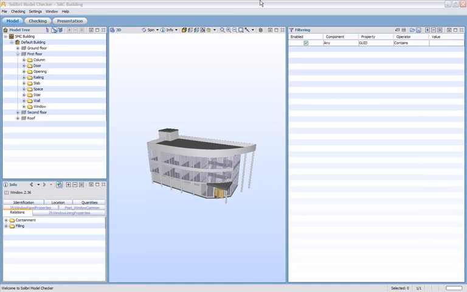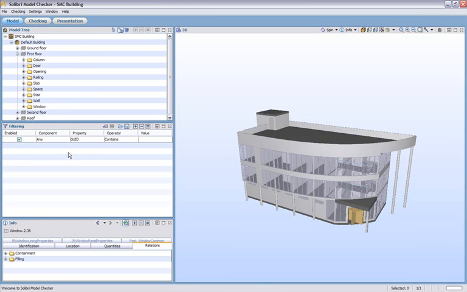Okay, and the last thing we want to look at is some of these toolbars. So I'm going to move filtering back over to this side here, and I'm going to look at these drop downs. So we have navigation tools. We can click on this drop down here, and we'll see that we have a pan option and a spin and a walk and a game mode. As you mouse over any of these tools, you're going to get a pop-up giving you some details of the